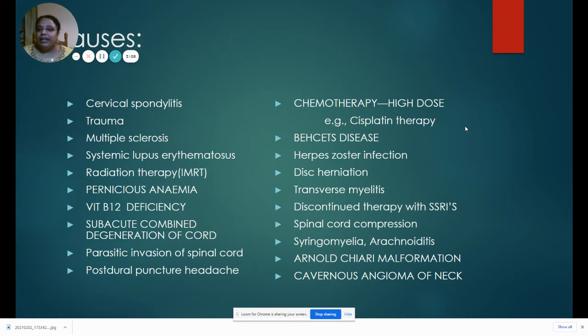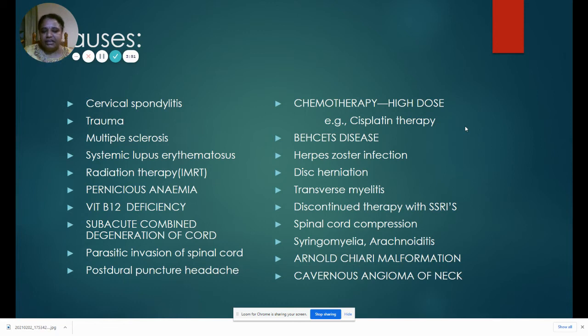So, causes of Lhermitte sign: cervical spondylitis, trauma, multiple sclerosis, systemic lupus erythematosus, pernicious anemia leading to vitamin B12 deficiency, subacute combined degeneration of the cord, that is the spinal cord, parasitic invasion of the spinal cord, postural puncture headache, chemotherapy when given in high doses, especially cisplatin therapy. Also Behçet's disease, herpes zoster infection, disc herniation, transverse myelitis, discontinued therapy with SSRI, spinal cord compression, syringomyelia, arachnoiditis,